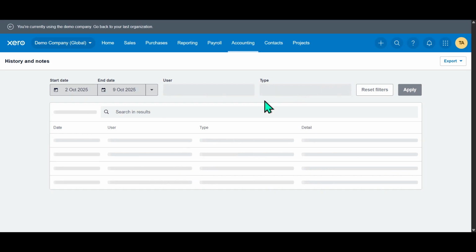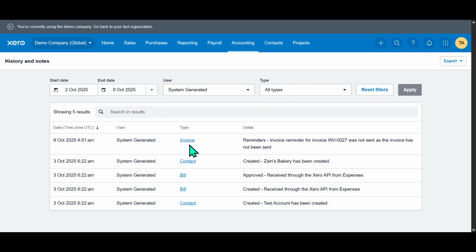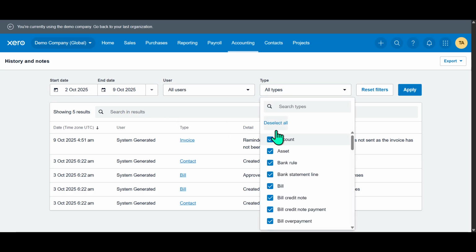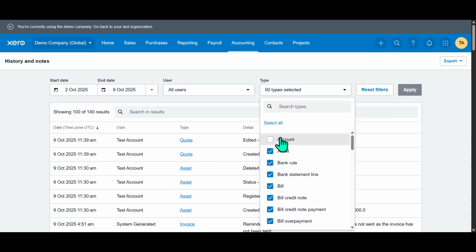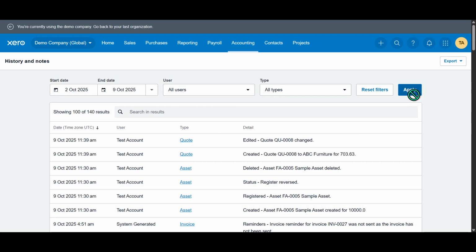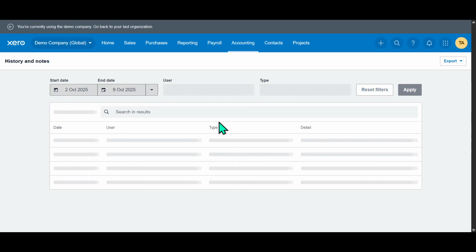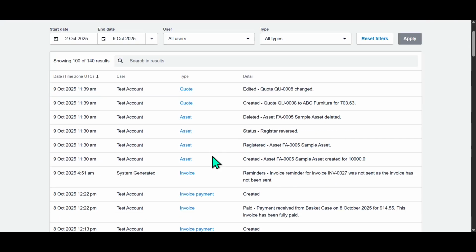With these few simple steps, you're now empowered to navigate the transaction history on Xero like a pro. Remember, keeping an eye on your transaction history isn't just about historical record. It's a crucial part of maintaining the financial health of whatever accounts you're managing. By regularly checking this history, you ensure transparency and accountability in your financial activities. So, take advantage of this feature whenever you need to review past transactions or any changes made to your Xero